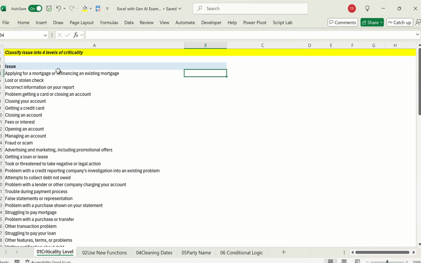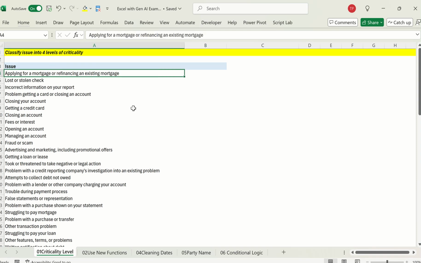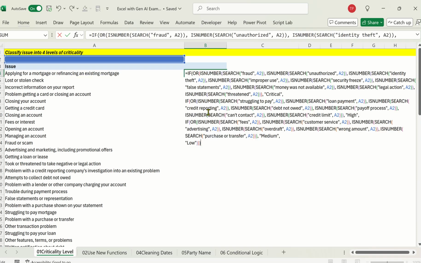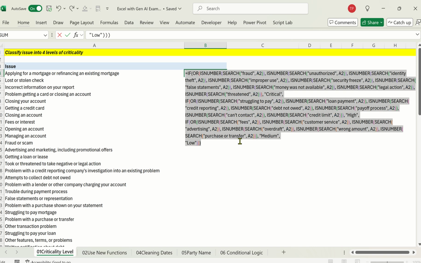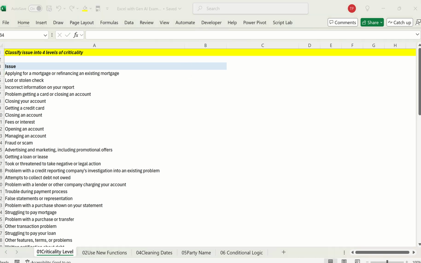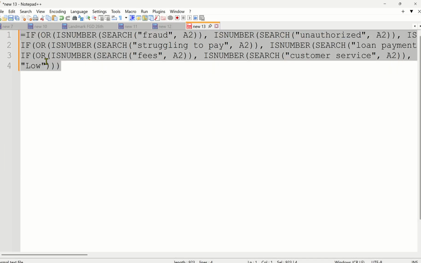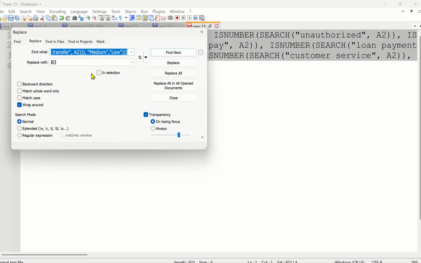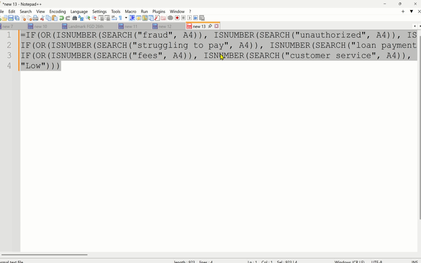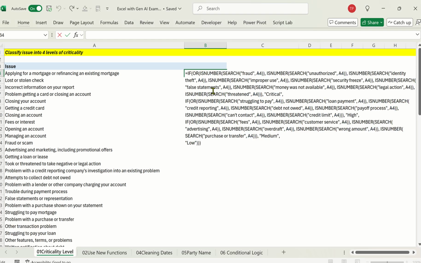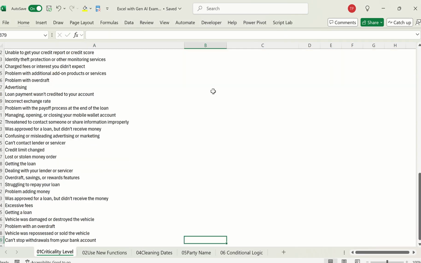Coincidentally, our data is not in A2 but rather A4. So right now the prompt refers to the value from A2. Let's quickly edit the prompt, so edit the formula rather. I'm just going to replace A2 with A4. Let me do that very quickly. A2, and then that becomes A4. I want to replace all, close that, copy the formula, come back to Excel, and I can drag the formula